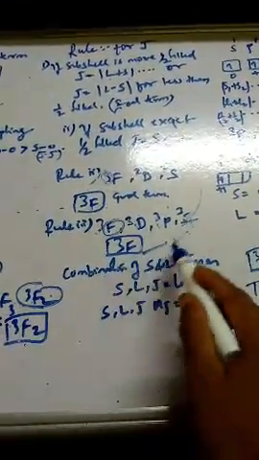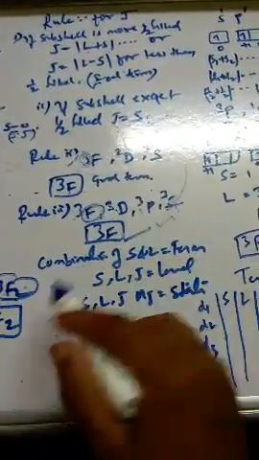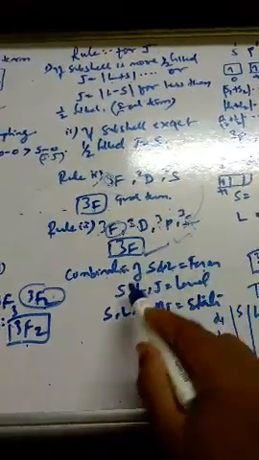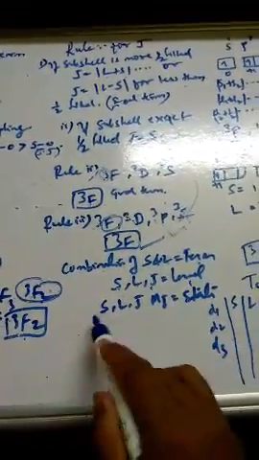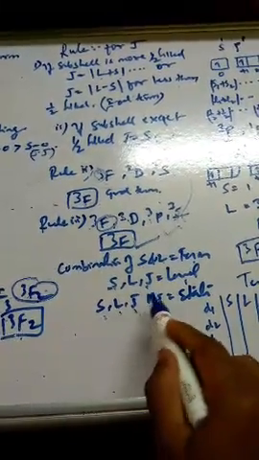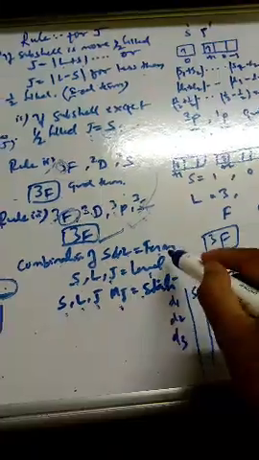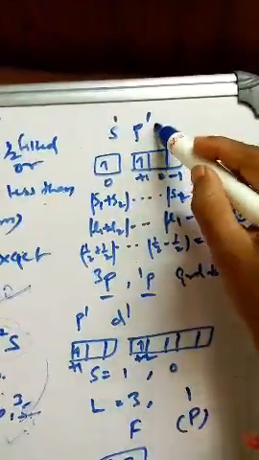Now what do we call the combination of all these S, L, J in quantum mechanics? If it is a combination of S and L, we call it a term. If it is a combination of S, L and J, we call it a level, and the combination of S, L, J with Mj we call a single state. So this is how we name the term symbols. Now in some cases they ask to find the different terms in the system of S1 P1.